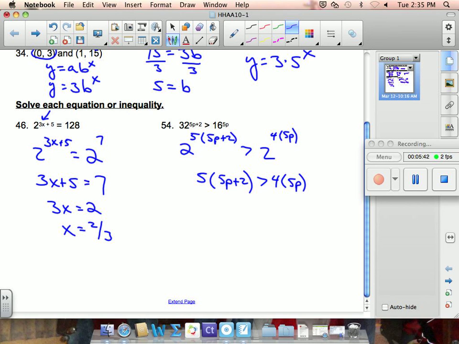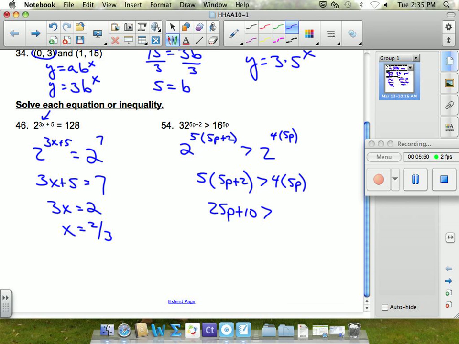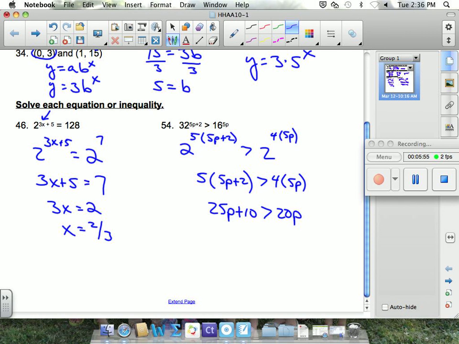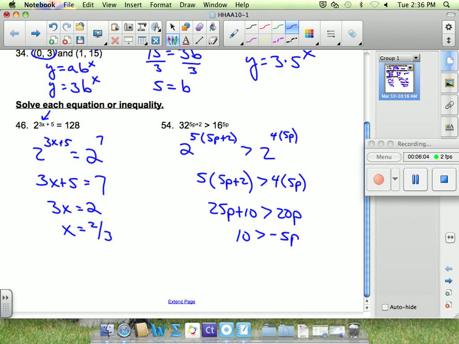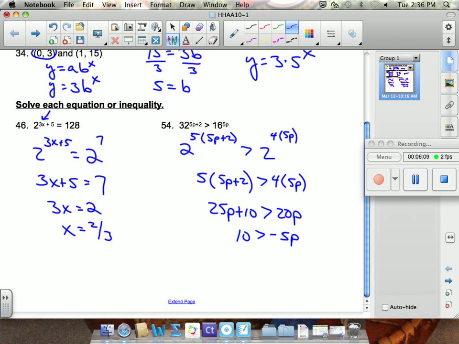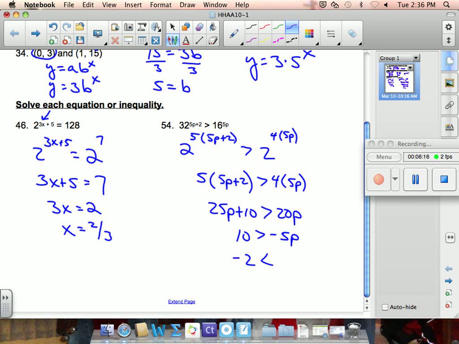Now we'll solve. All right, we'll distribute the 5 on the left side, which gives me 25p plus 10. We'll take 4 times 5p for 20p on the right side. If I get the variables on the same side, I could subtract 25p if I wanted to, which gives me 10 is greater than negative 5p. And last but not least, I'll divide by negative 5. Don't forget with an inequality, if you divide by a negative, the inequality has to flip, and you have negative 2 is less than